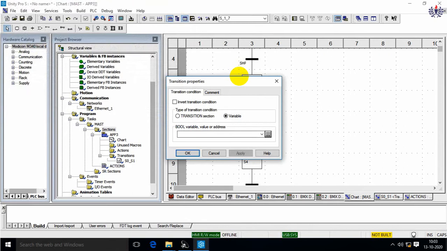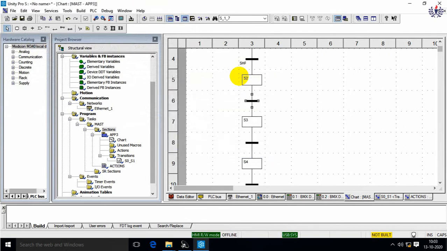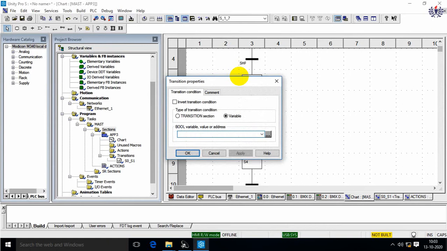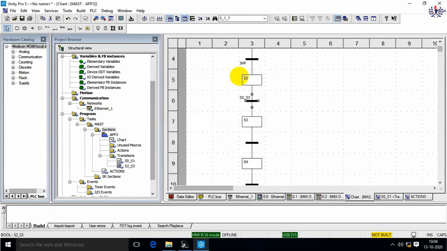So here I am not going to give the position, because after this the steps are going to repeat. So for that repeat process, this process is going to repeat for slot 2, slot 3 and slot 4. So in this I am going to give a transition. So I told already, this is also one more transition. So I am going to give the transition condition, that is step 2 underscore step 3. So here you want to keenly watch. So now I have given one more transition, that is step 2 to step 3.